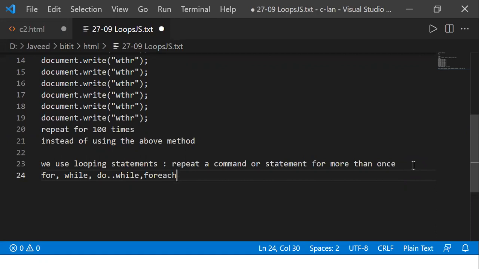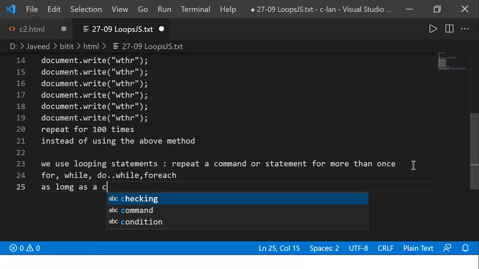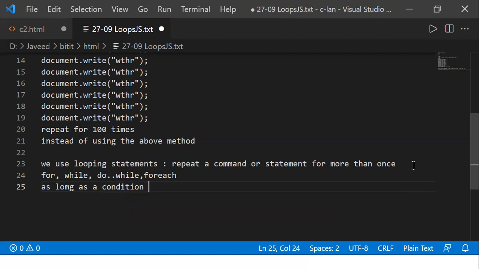So we have 4 different types of looping statements in JavaScript. All these 4 help me to repeat a command or a set of commands as long as some condition is true. As long as the condition is true, those statements will be repeated multiple times.